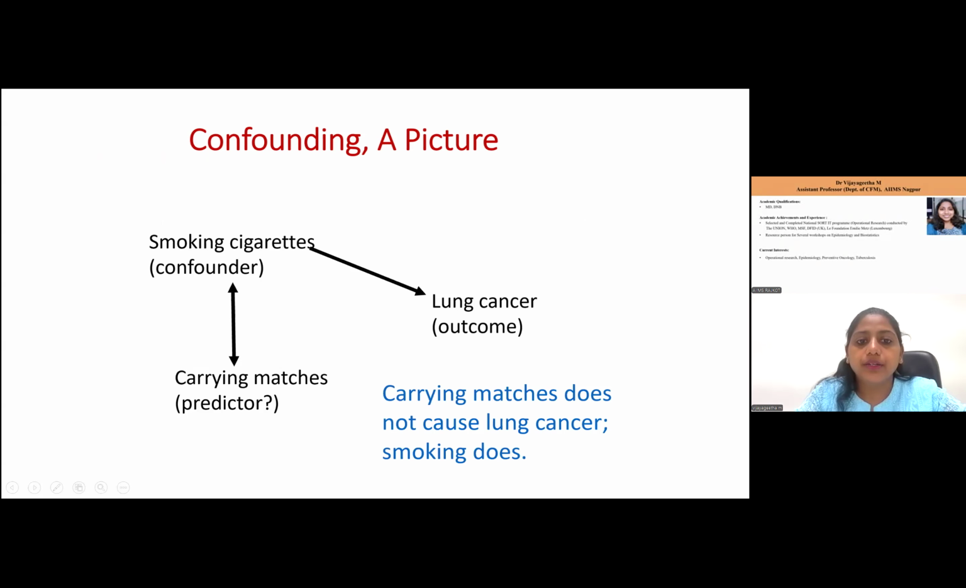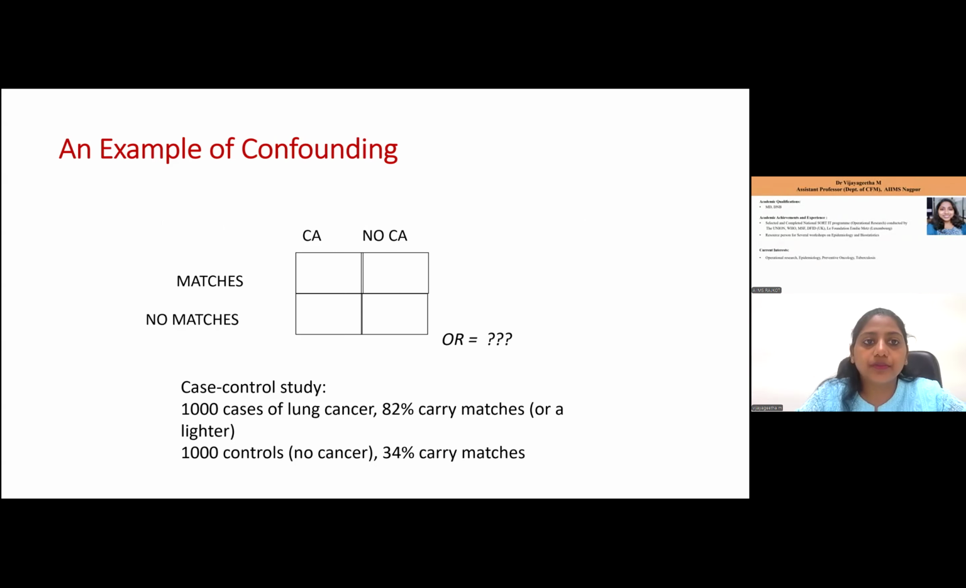outcome, right? But when we look closely, we see that those who carry matches actually smoke cigarettes, and if you smoke cigarettes, you are likely to develop lung cancer, right? So if you represent the same thing in a 2 by 2 table, CA here is for individuals with lung cancer, and here it is individuals who do not have lung cancer. And we have in the exposure status those who carry matches and those who do not carry